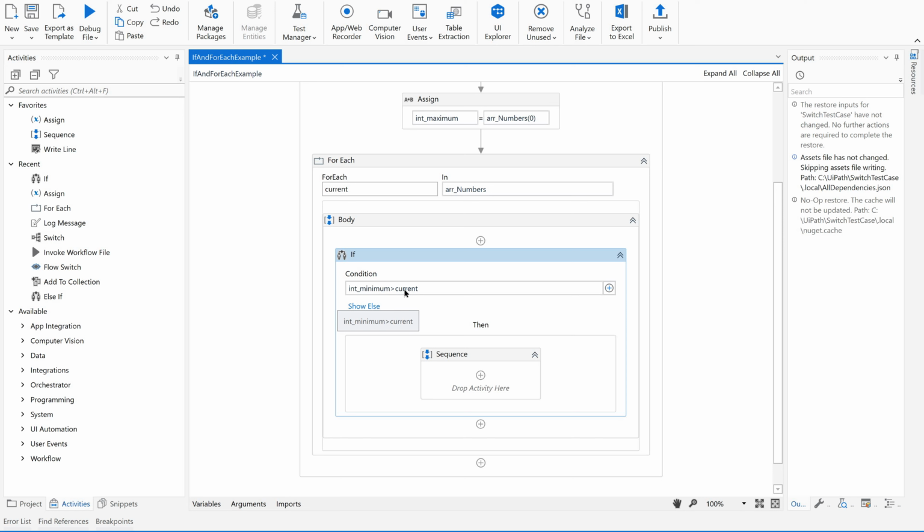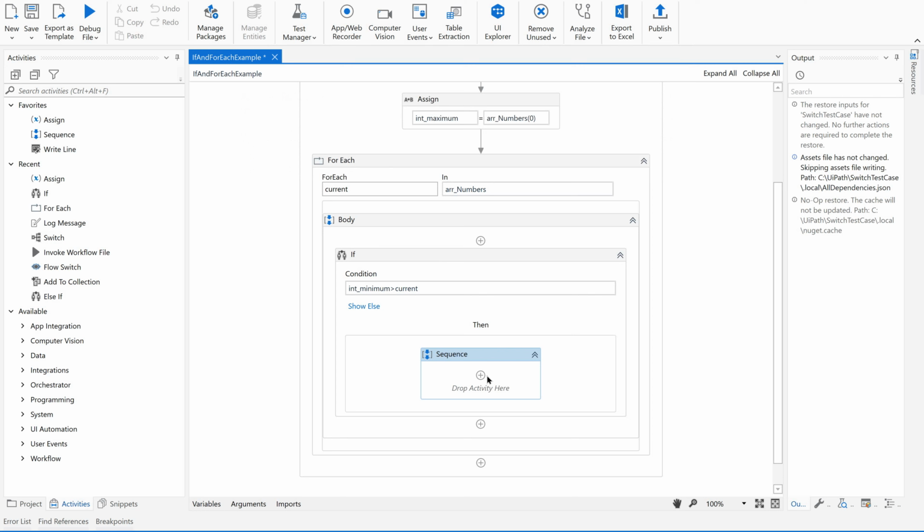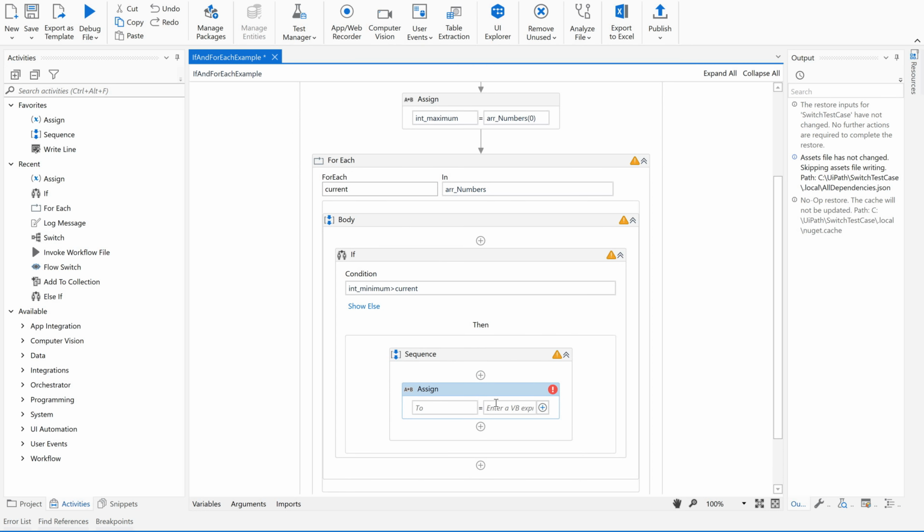So smaller value should always be inside this int minimum, right? So we need to assign current value to minimum variable,